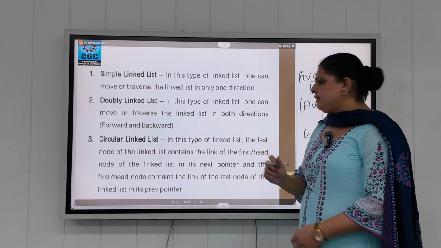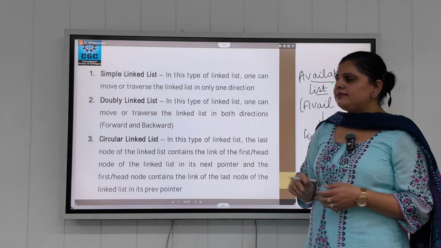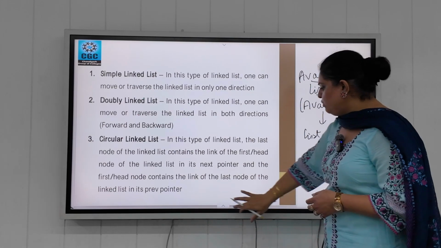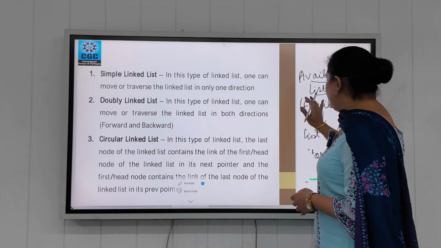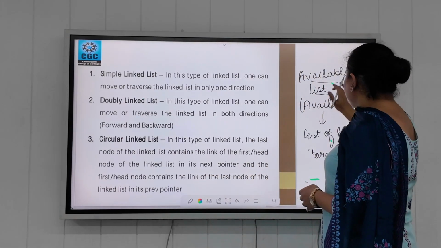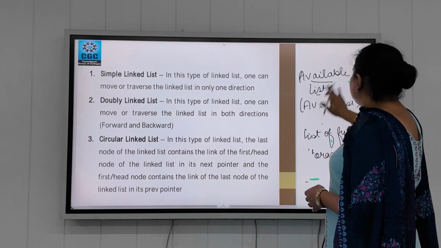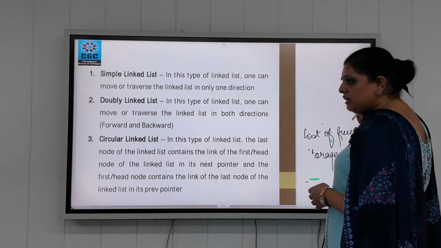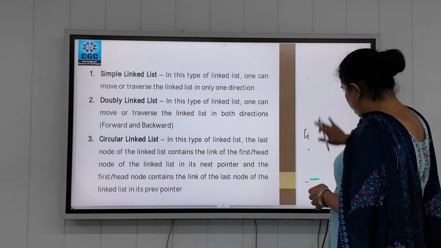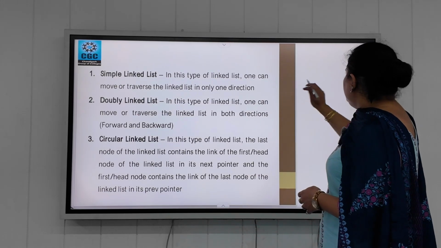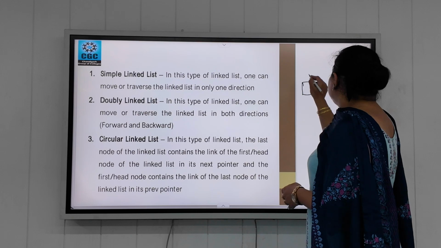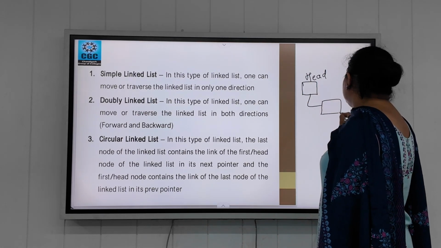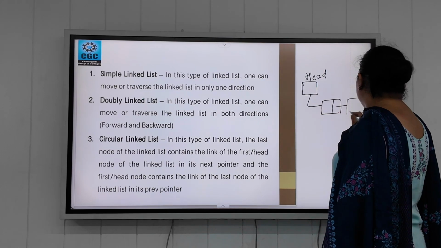Next is circular linked list. In case of circular linked list, I'm going to draw over here that we are going to connect the last node with the first node. Over here, this is our head of list, this is our first node, this is our second node.